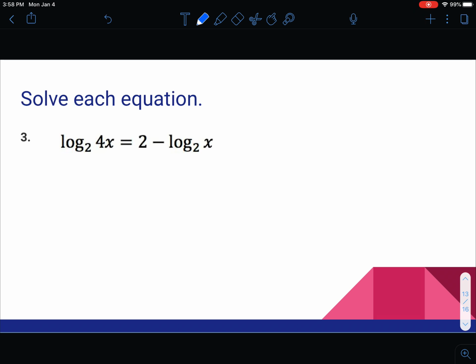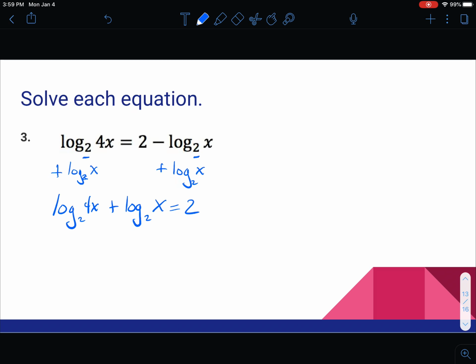Okay, so for the third one, we have log base 2 of 4x equals 2 minus log base 2 of x. So I'm seeing x on both sides of the equation. I'm also seeing that it's trapped within a logarithm. And I notice those logarithms have the same base of 2. So I'm actually going to try to collect them on the same side. So over on the left, I'll get log base 2 of 4x plus log base 2 of x,